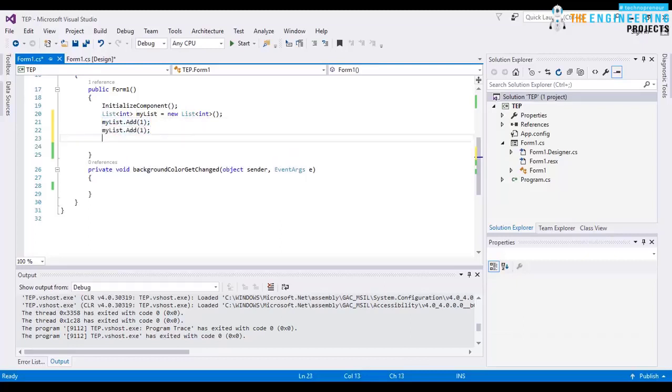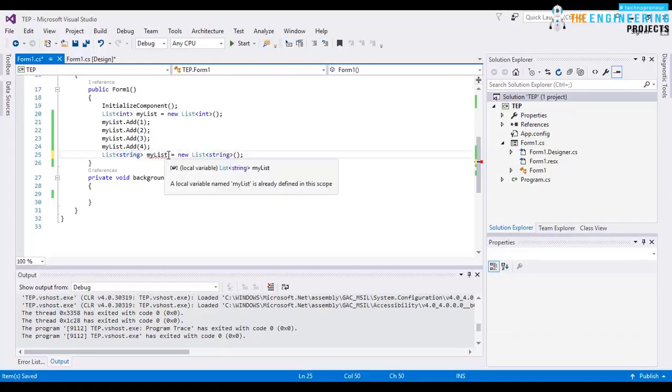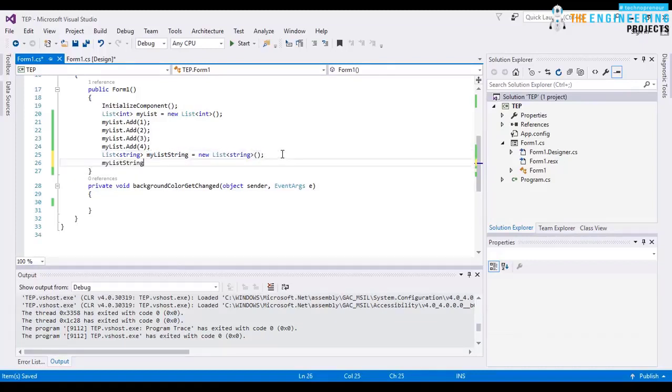Replicate the code, 2, 3 and 4. So here we can add values into the integer type list. Let's create another list of type string. Here I will simply say string and replace it here, string, my list string, and the same as I will say string dot add value as a,